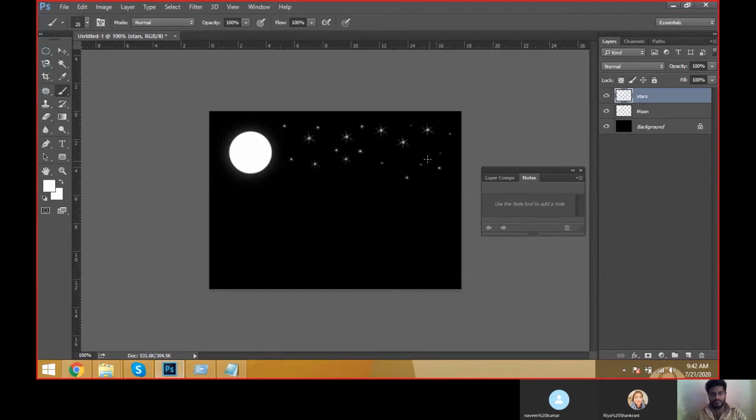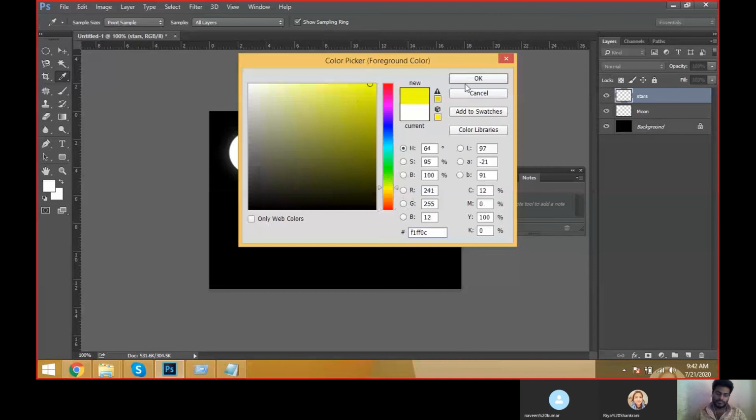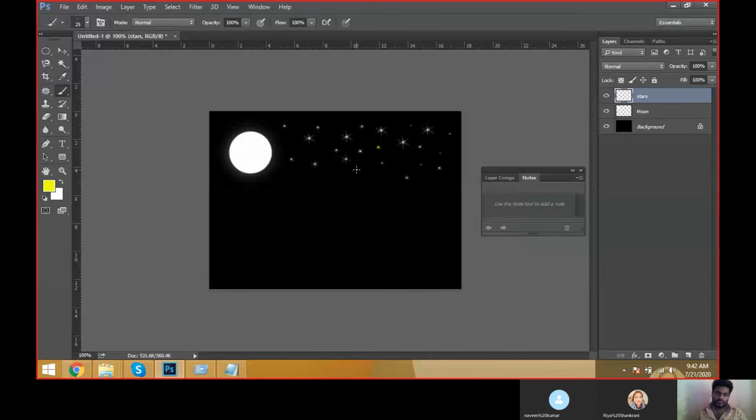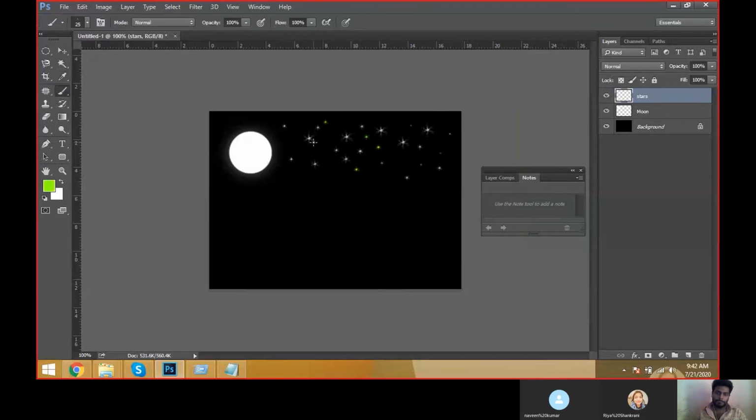And this is a stars layer. Okay, and I can go with colored stars also. Some funkiness. And these are the stars.